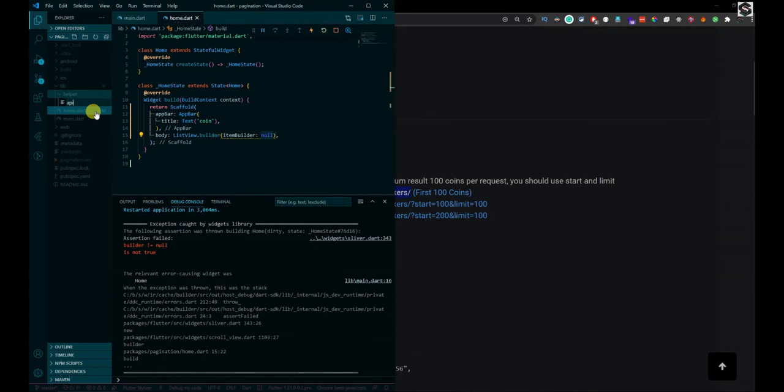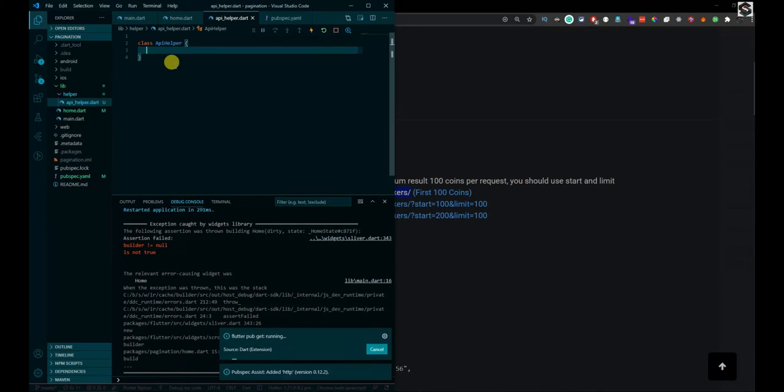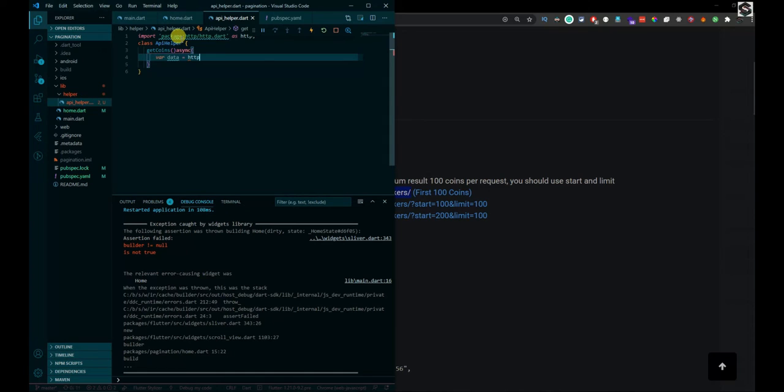Let's say the class name is API helper, and in the API helper class we will write the method to get the API data. Let's write a function called getCoin where we will pull the data from the API itself.